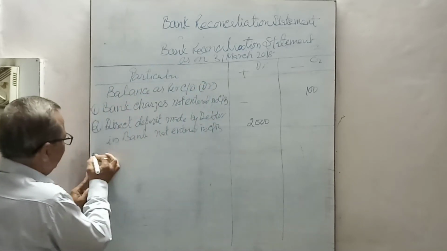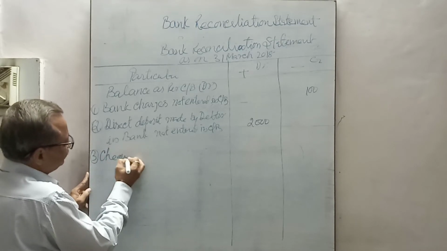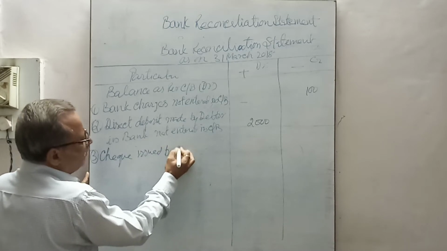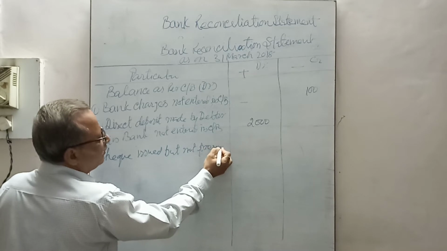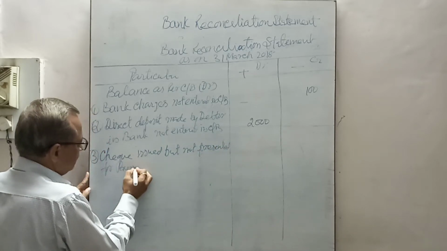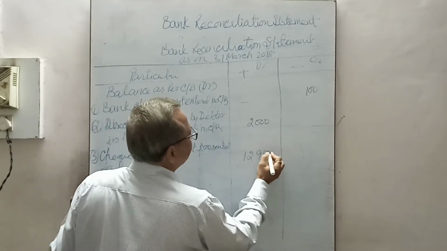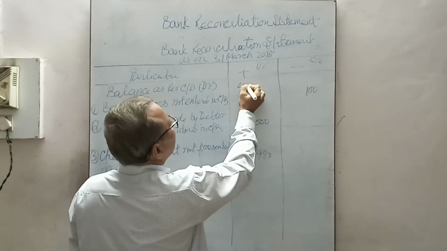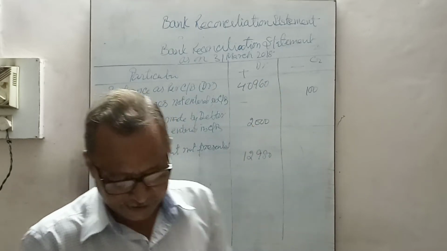That is, you will write increased, plus item, checks issued but not presented for payment. 12,980. And this balance was not written. That was 40,960. 40,960. Now next is